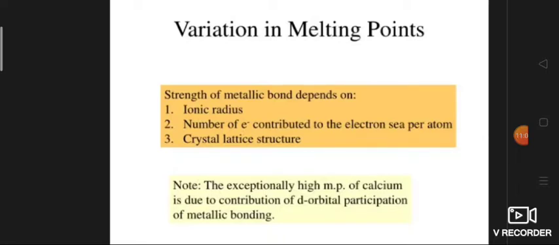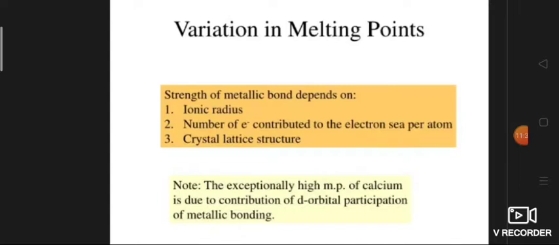Looking at the physical appearance of these metals, they are silvery white, soft, malleable metals. They are so soft that they can be easily cut with a knife, because of weak metallic bonding due to the presence of only one valence electron. The softness increases down the group.